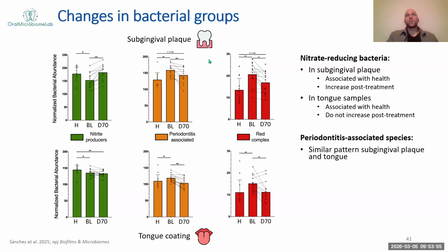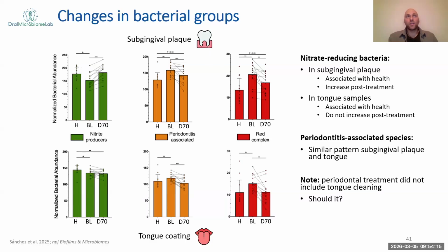And this indicates that there could be some exchange between bacteria of these two communities. What's important to note is that periodontal treatment did not include tongue cleaning, and we are now considering if periodontal treatment may